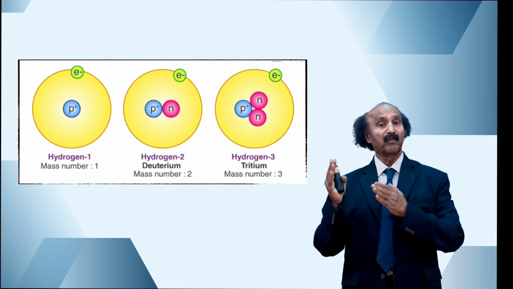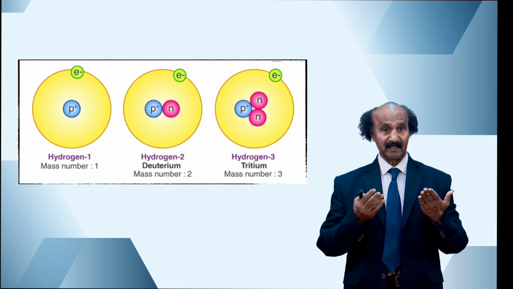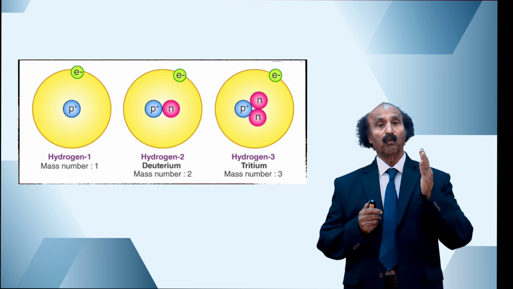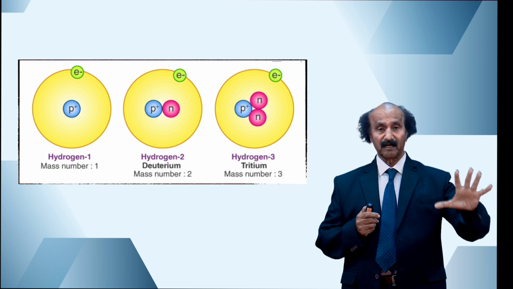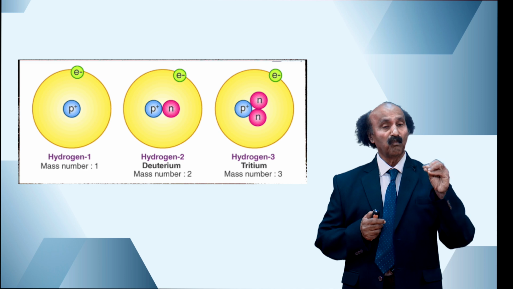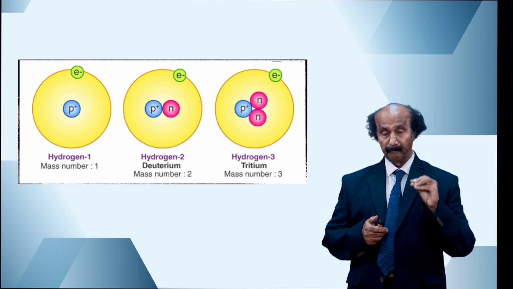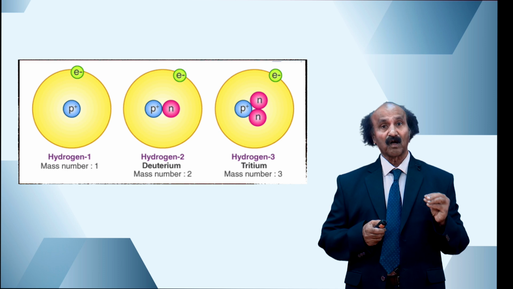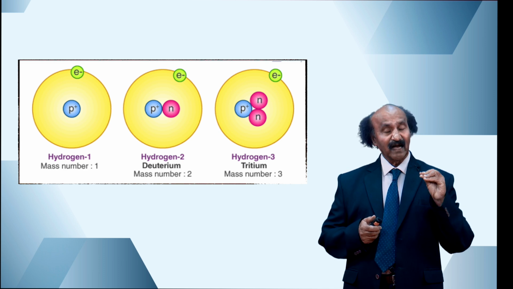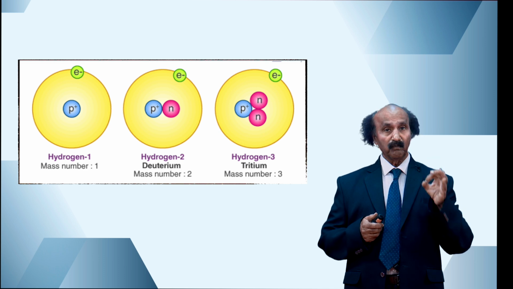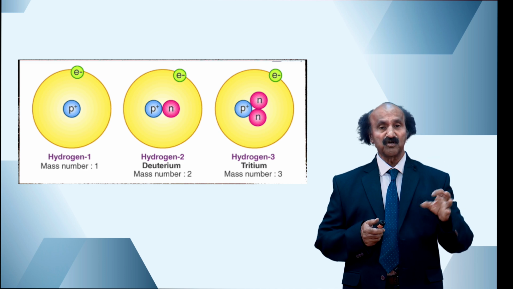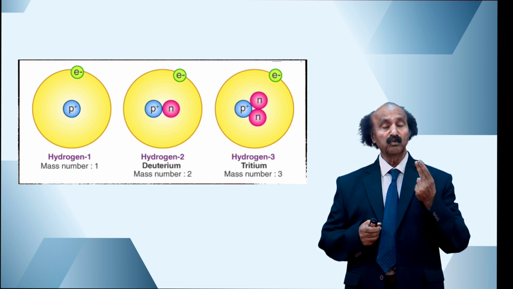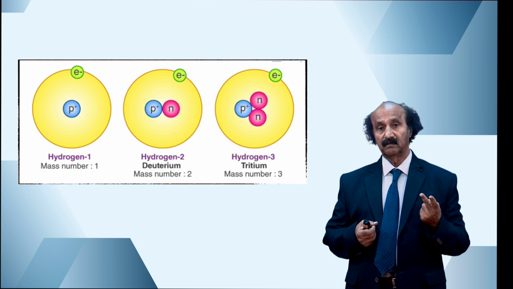but a different number of neutrons. For example, for hydrogen, if we have one electron, one proton, it is the first type, the simplest hydrogen. This is the most commonly occurring hydrogen. But there is another hydrogen which is called heavy hydrogen, which is called deuteron. In that case, you have one electron, one proton and one neutron. Then in the nucleus, you have got two nuclear particles.